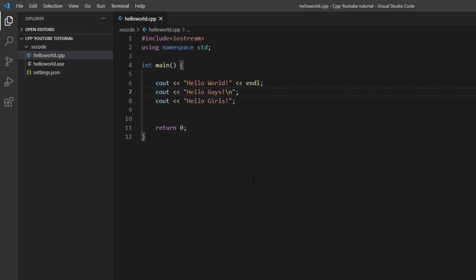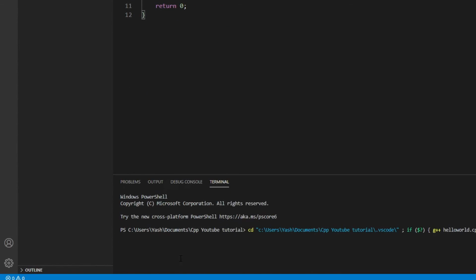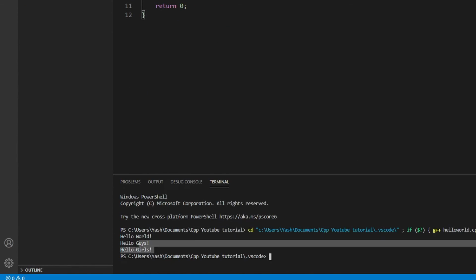It is a new line character, so it will enter a new line. It will display a new line after hello guys, and hello girls will be displayed on the next line. Let us run this code. Okay, you can see all three statements are on three different lines.